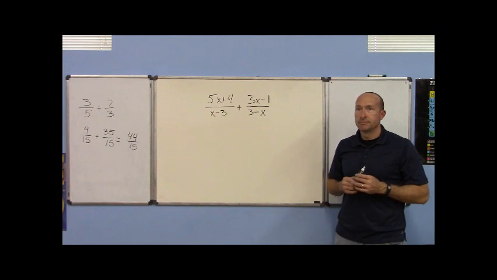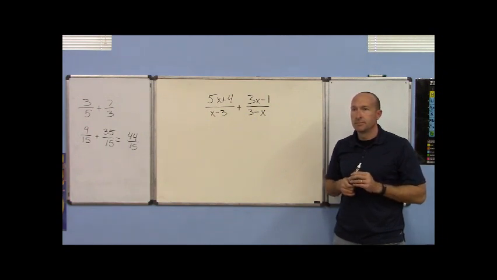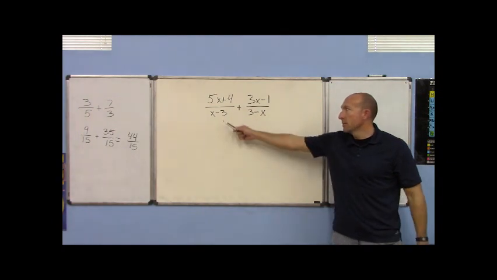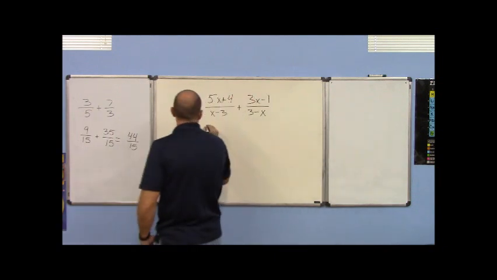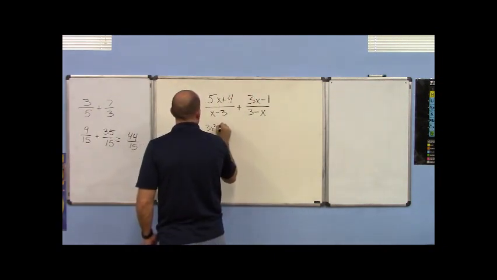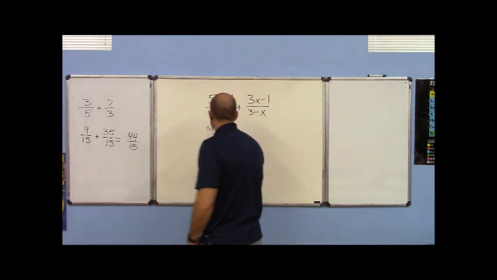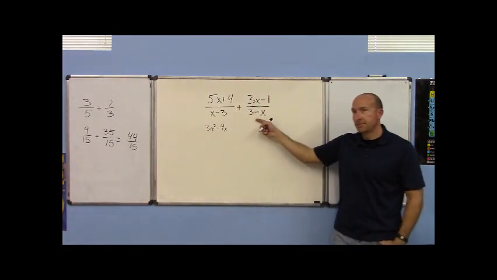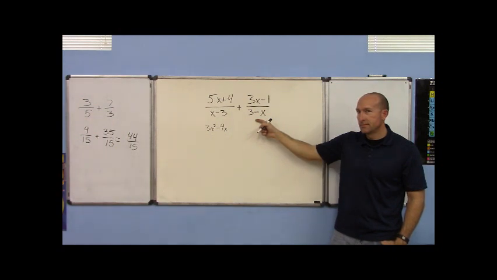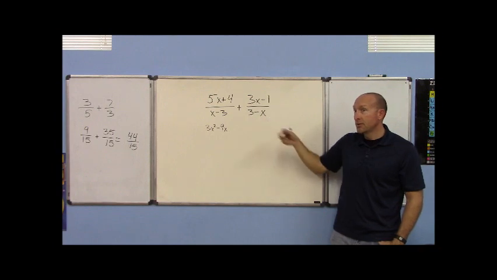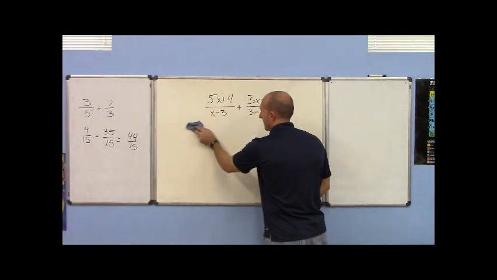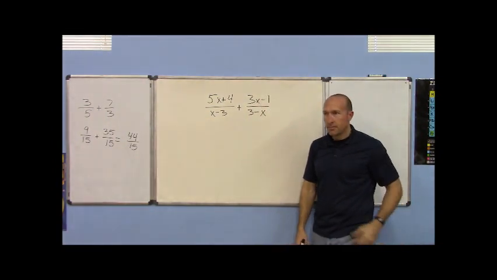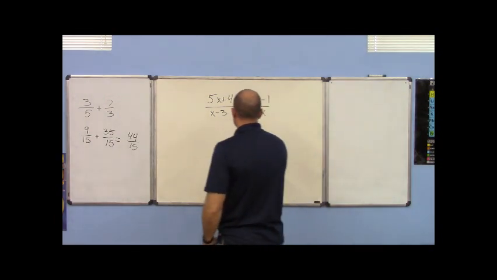Times that one by 3x. Which one, this one or this one? Left one. So if you multiply this times 3x, that's going to give us 3x squared minus 9x. Is that the same as that? No, but then you have to times the other one by x. You multiply the second one by -1. Why would you do that? Because then it would change the 3 to a -3 and the x to a positive x. Okay, well